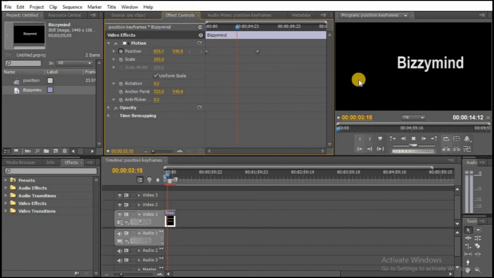You can see it moving very slowly, it doesn't look nice. So to make it move faster, we have to drag the second keyframe very close to the first one, to make our text move very fast, like you see in TV adverts, text flies, text in motion and all that. So we want to render this so that we can see it